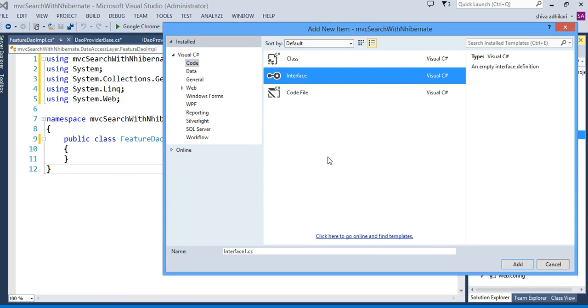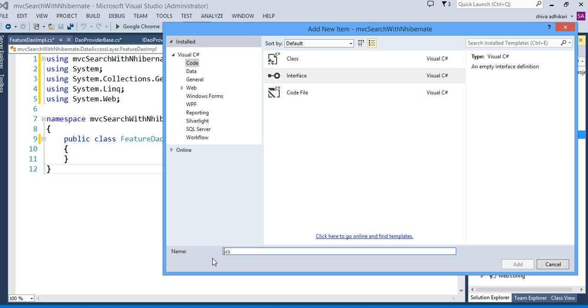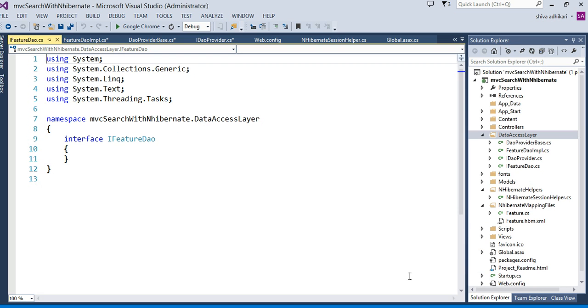I'm going to create an interface specific to this one. Okay, so I'm going to go ahead and create an interface called iFeature DAO. In this interface, I'll just make it public, and I'm going to add some method in here. I need to, from the table,